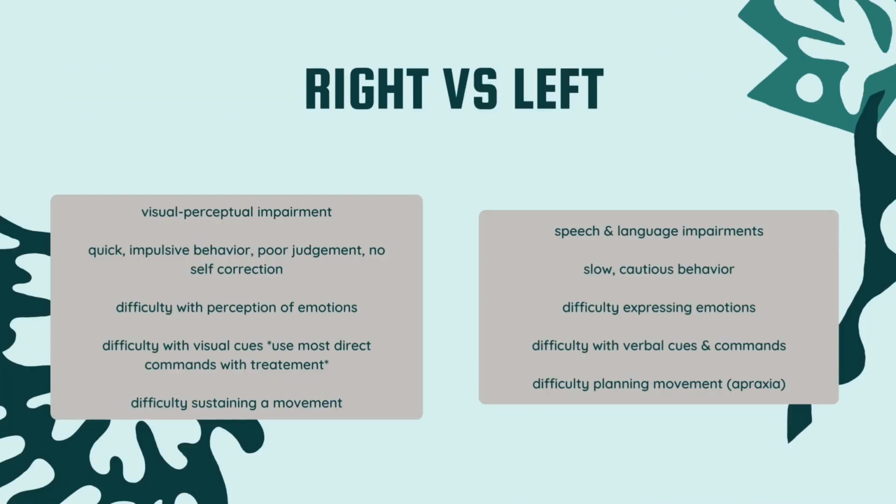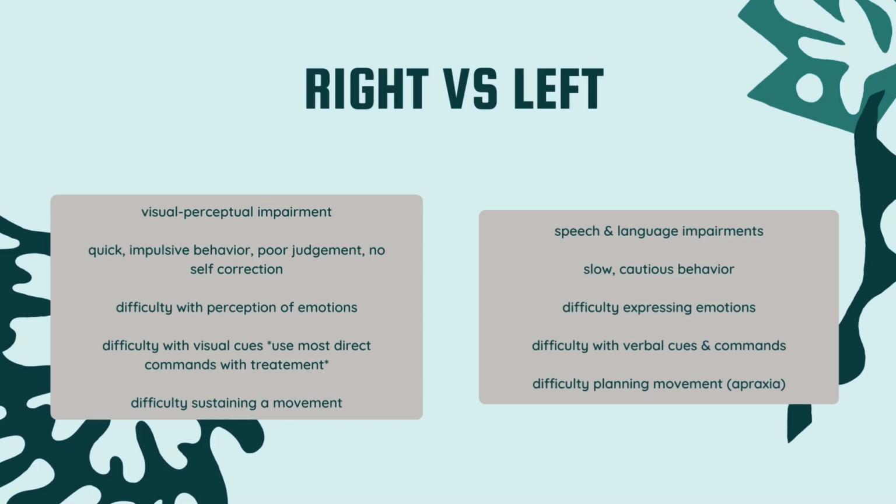Okay, let's look at some signs and symptoms you would have with right versus left strokes. So, with the right, you would see somebody who has more visual perceptual impairments. Their behavior might be impulsive and quick and have poor judgment of the situation and have difficulty self correcting. They also have difficulty with the perception of emotions and difficulty with visual cues. So they do better with very direct commands with their treatment, and they have difficulty sustaining a movement, so maintaining